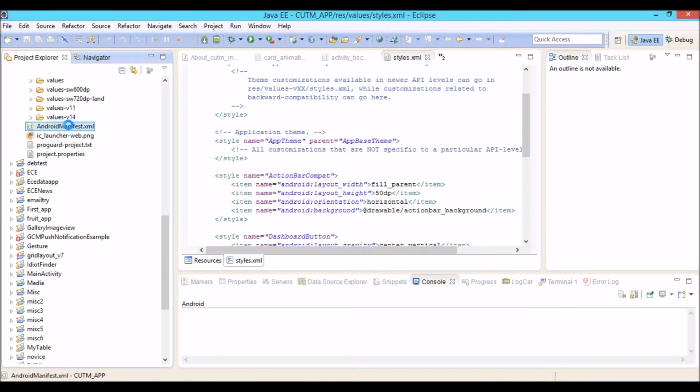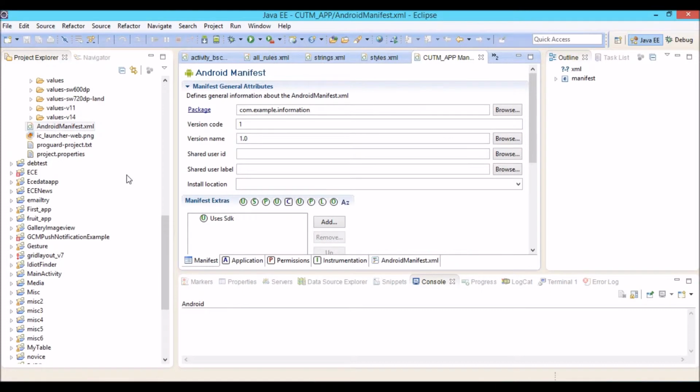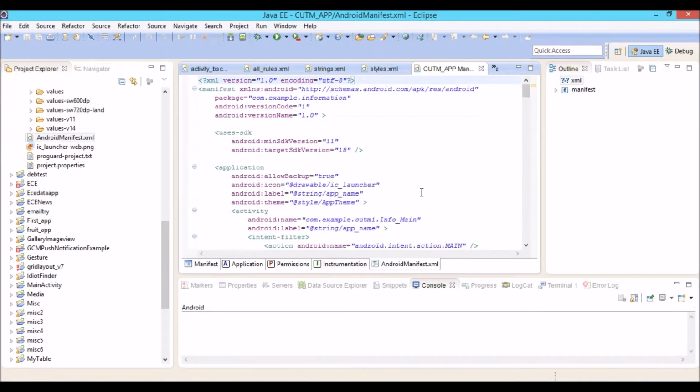The Android manifest file is the most important file, and it contains the permissions, and we can say it contains a proper description of the whole project, meaning all the services requested by the developer from the device, and a list of activities used in the project, and also the navigation.